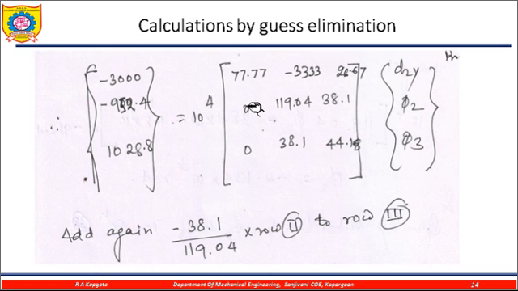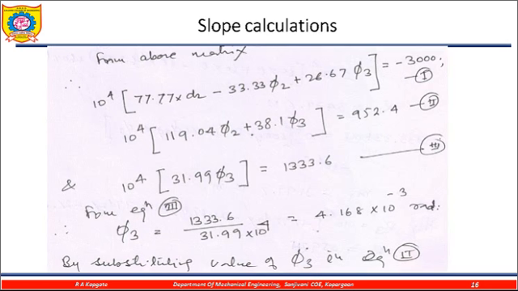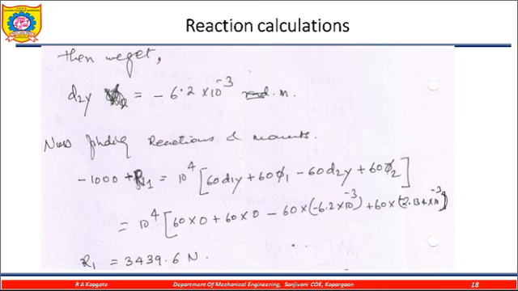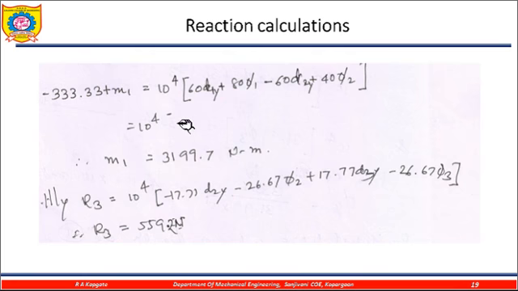Because of this Gauss elimination, this value becomes 0. Then again we are manipulating this, and finally we are trying to find the unknowns using this. We get the different equations, and finally we find the values of phi as well as the different forces available. So these are the various methods by which we get the different values. Once we solve the matrices, we get the reactions, and finally we find the values of the moment and reactions at the various places.